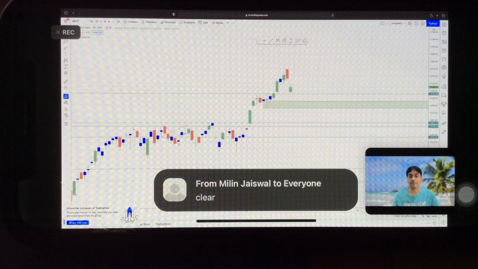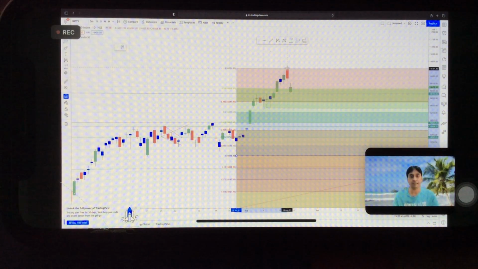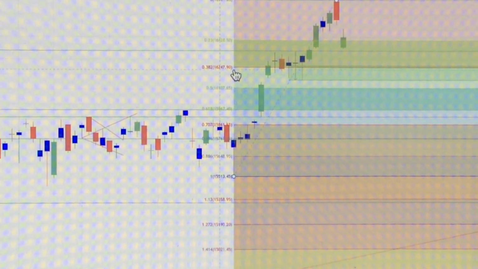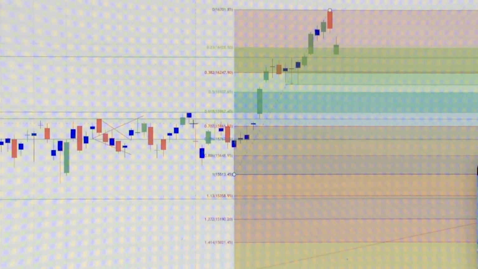What you want to repeat? See what we have done first. We use the Fibonacci tool. I am able to see that price moved from here to here. Right? Price moved from here to here. I just want to check whether it will take support here, here, here or here. Right? There is very high probability price comes here at 15,970.